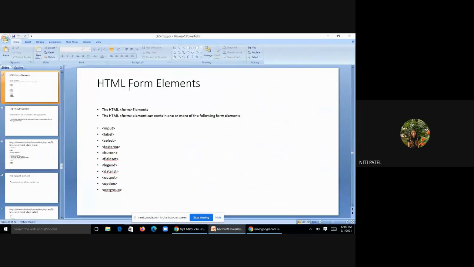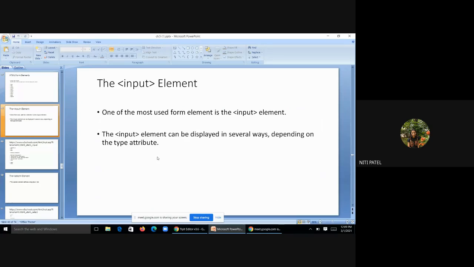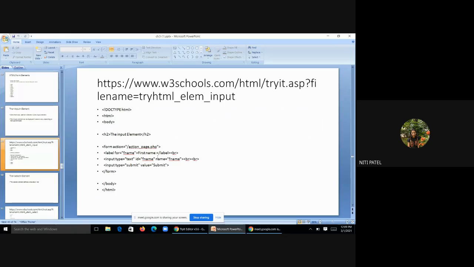Now next, we are going to study some few more elements of form. We have already studied the input element. We have studied label element. Only 2 are completed, input and label. Let us see what are more ahead. So I'm not going to teach you this input ahead as it is already completed. Input type text, input type radio button.